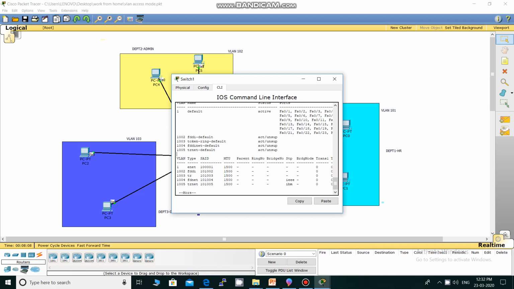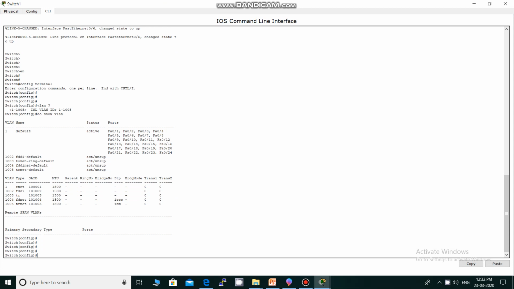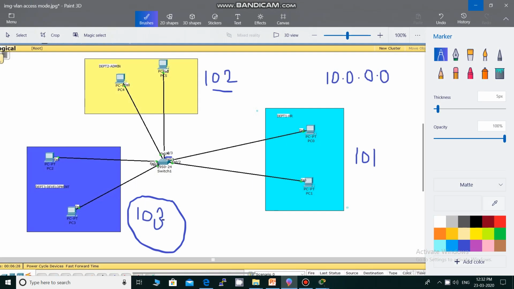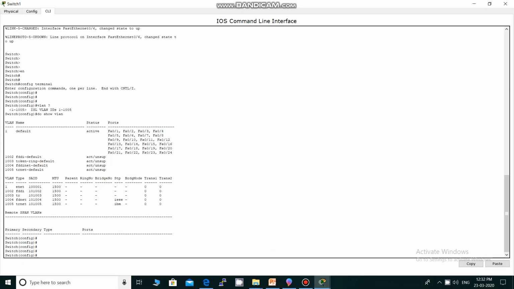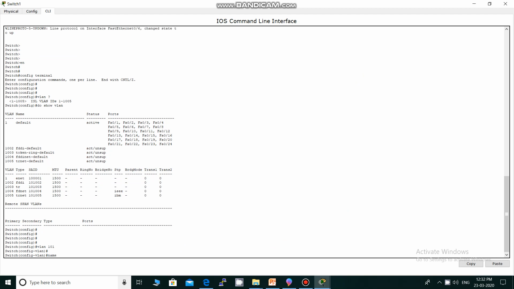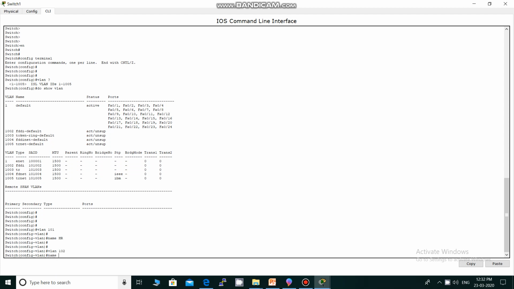Go to CLI mode of the switch again, and in this diagram we have created 3 VLANs, that is 101, 102 and 103. As per this diagram we will create the VLANs. Now how to create a VLAN? VLAN 101, name that VLAN HR. VLAN 102, name that VLAN admin.